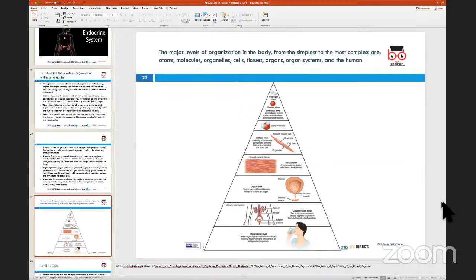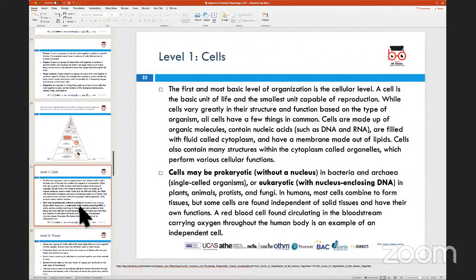also put together a diagram or some sort of a picture, a diagrammatic representation of how the organization happens, from the start of atoms up till the organization level, which is to say the human body. And this would cover this particular task that we are talking about in terms of describing the levels of organization within an organism. Okay, there are slides where I've explained in a bit more detail